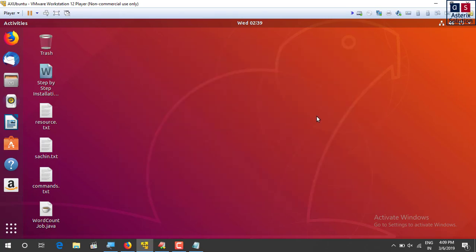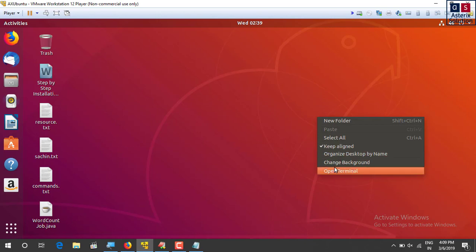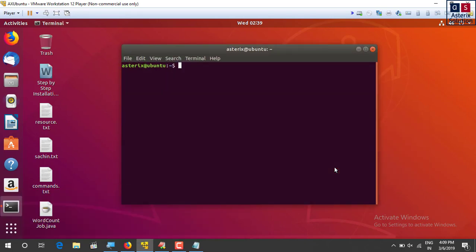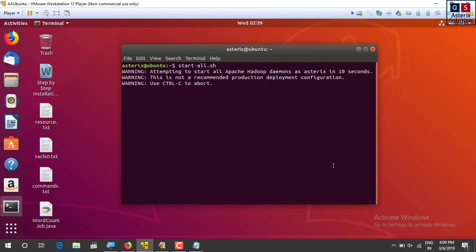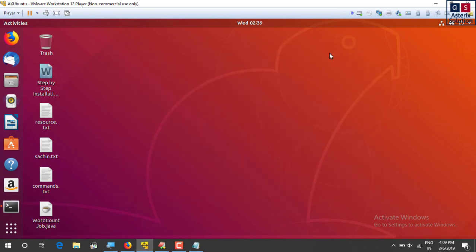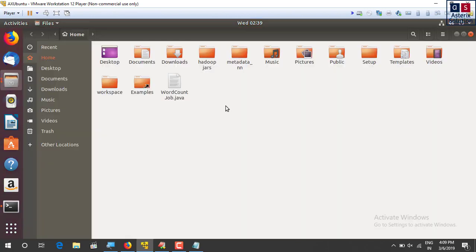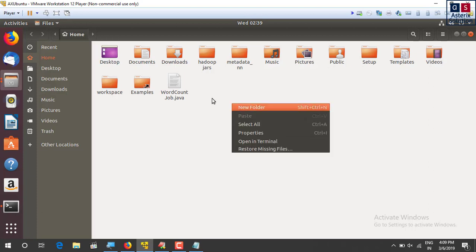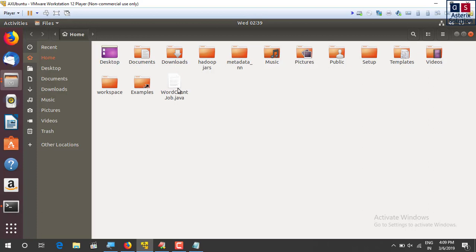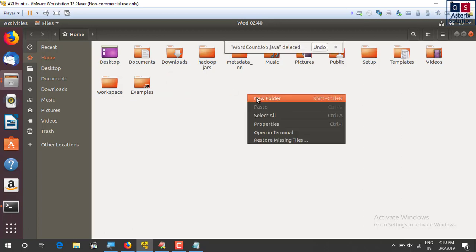I'm just closing the terminal, and meanwhile let us start our Hadoop cluster. To start that, if your Hadoop is 100% set up, you just have to say start-all.sh. Meanwhile it gets started, let us go back to our home folder, and I create a new folder. See, the file I created by mistake was here, so I delete this, and now I create a new folder,